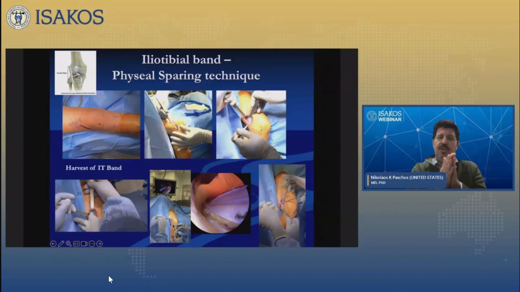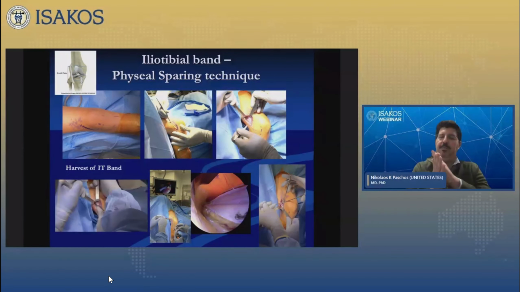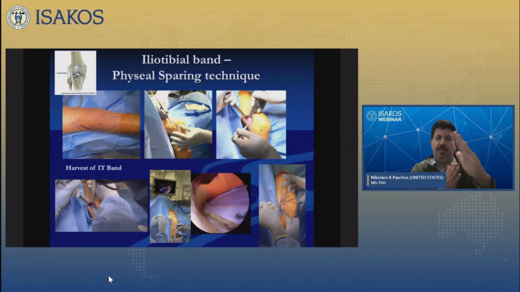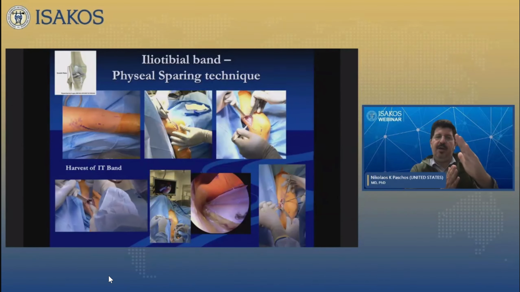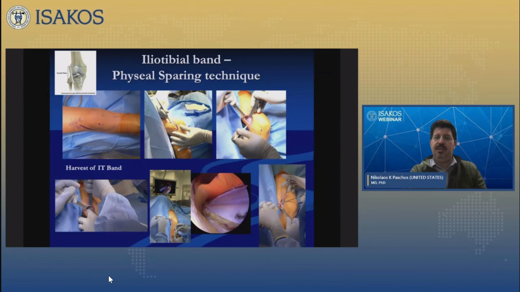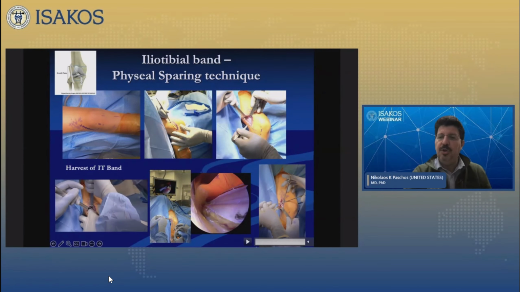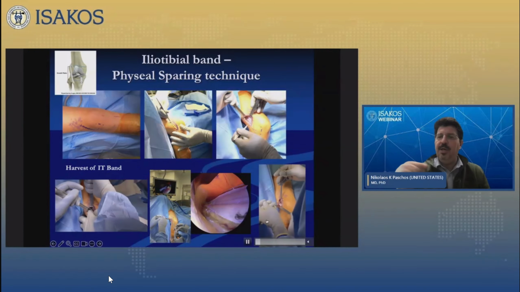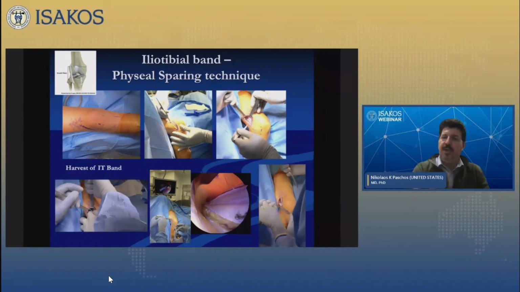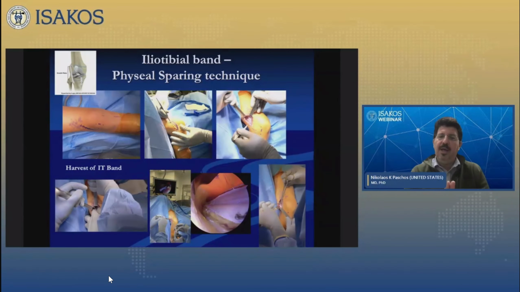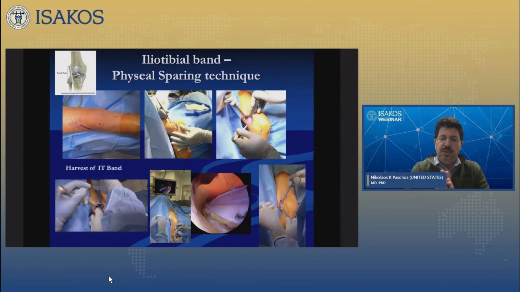And one trick that you need to do is to release the IT band both from the superior part, from the adhesions that you have from the skin and subcutaneous tissue, but also to go here and essentially release the adhesions from the lateral quad. That will allow you to slide your harvester to be able to obtain a graft of adequate length, so you have enough space to loop it around in the knee, as you see it here.